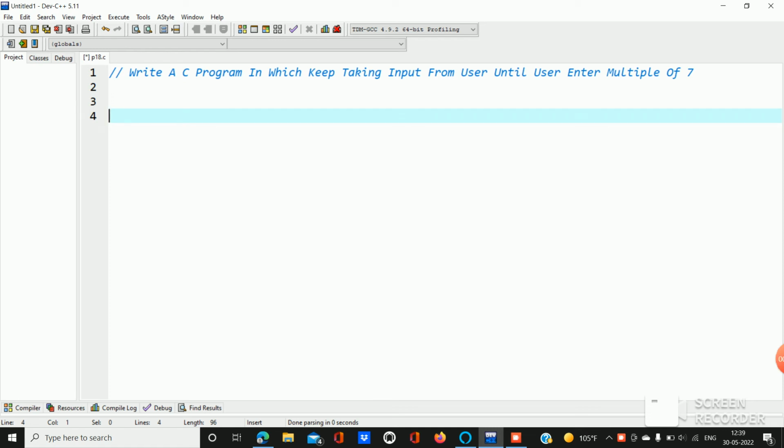So hello guys, our today's problem is to write a C program in which we keep taking input from the user until the user enters a multiple of 7. So let's start. #include